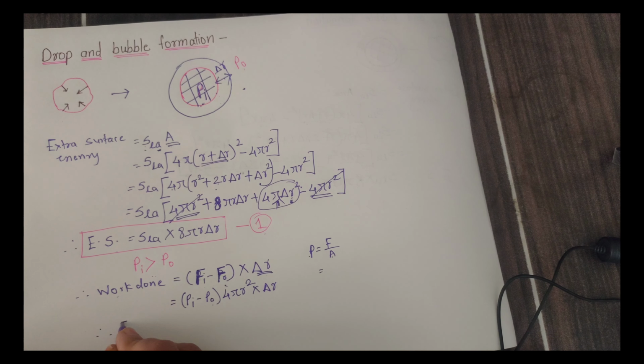Now if we consider the bubble, the bubble has two surfaces. Inside the bubble air is there, this is the liquid surface, and outside is the air, right? That means in case of the bubble there are two surfaces. So for the bubble we multiply this formula by 2, that is 2 into 2 S_LA upon r, which is 4 S_LA upon r. So this is about the drop and bubble formation.